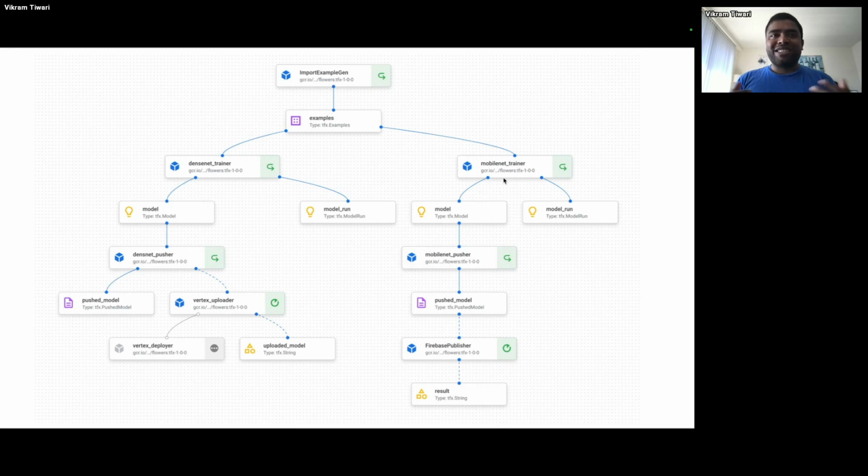So this is what production challenges look like. And this is a very simplified version of an example. But when you go into production, you will see there are a lot of these things happening, which means you need to have visibility into every one of those components. Like right here, it's getting deployed onto the Vertex one. It's not done yet. Or similarly here, it's being uploaded. This step has not even executed. This is the one where it's